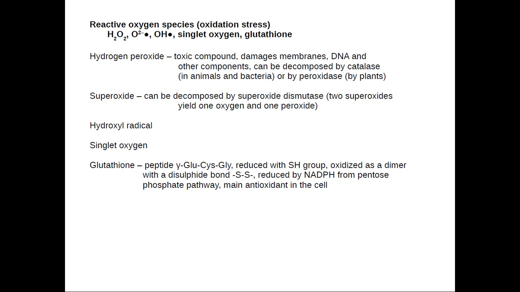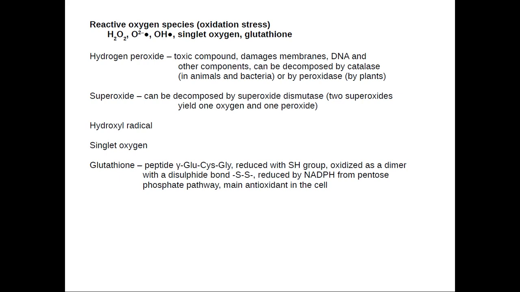Plants usually produce a lot of different compounds, like phenolic compounds, different antioxidants, we would say. There are different secondary metabolites produced by plants, and many of them are reducing agents, so they can be used